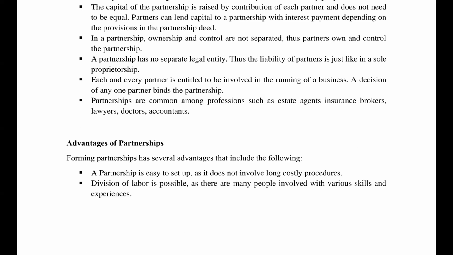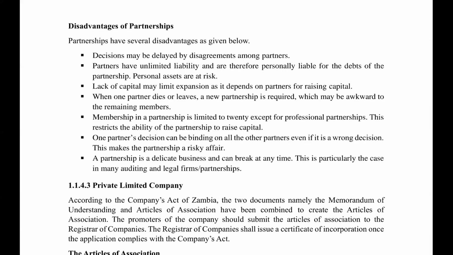Right, so quickly, the following are some of the disadvantages, just as you have indicated. The decisions may be delayed by disagreements among partners. The partners have unlimited liabilities. This we have already indicated. There is lack of